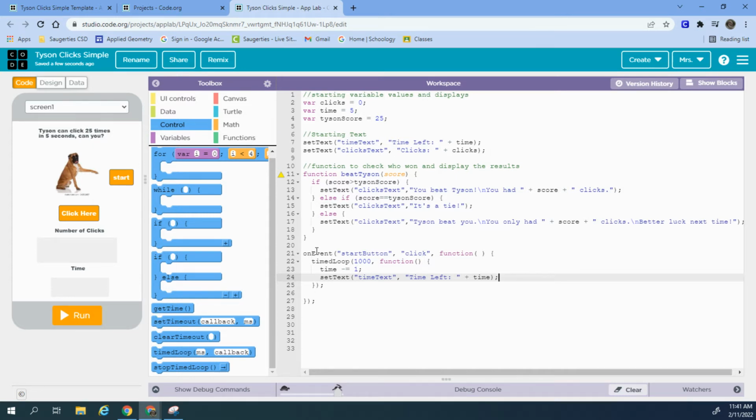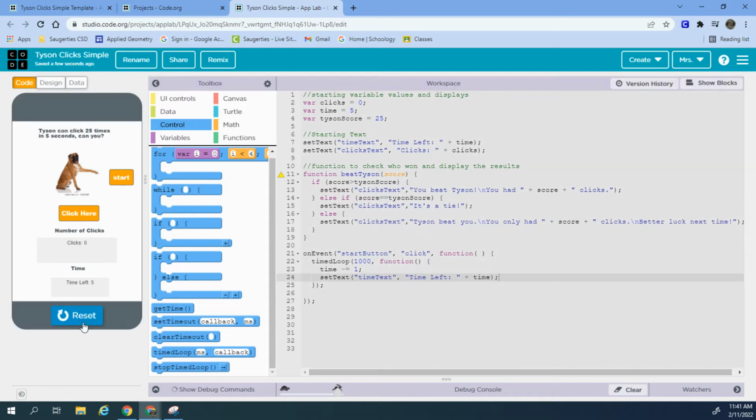So now it kind of looks like this just goes once, but this is going to go forever because once you start a time loop, until you stop it, it keeps going. Let's just see what happens. So when I press start, I'll start to see the seconds counting down. Now you'll notice it'll just keep counting into the negatives forever, which is not what I want. I want to stop it at 0. So the way we do that